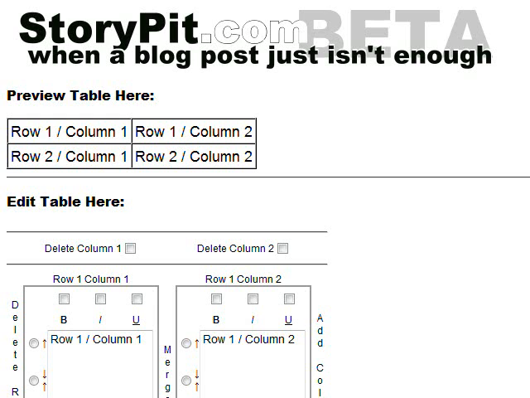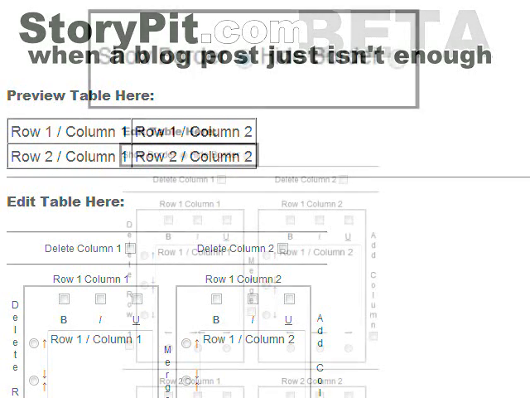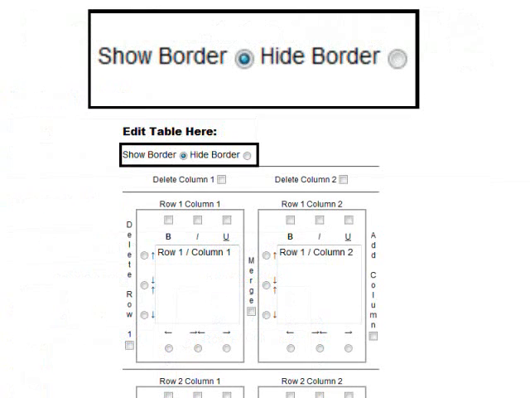Below the preview table and the words Edit Table Here is the interface you will use to make changes to your table. You can make your border invisible by selecting the Hide Border radio button, which will appear at the top of the Edit Table interface. As a general rule, it is best to create your table with the border displayed, then hide the border after you finish making your other edits. For this reason, the Show Hide Border option will appear only after you've made your first updates in the TableMaker